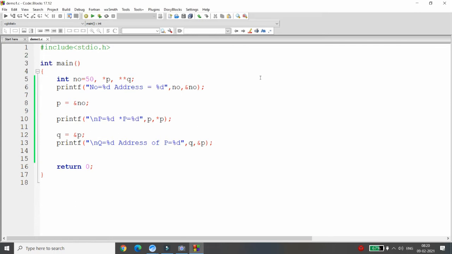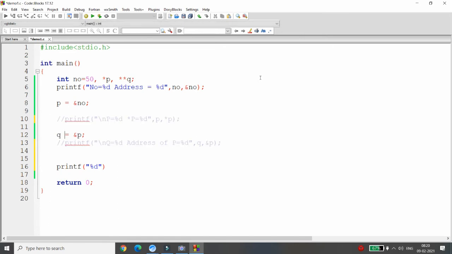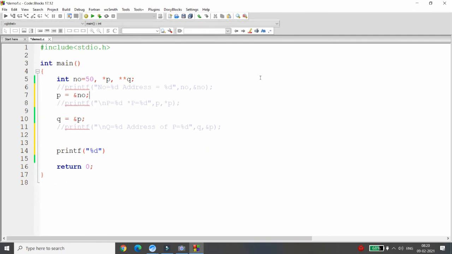Now, I want to access the value, right? If you want to access the value, let me put all these printf statements in comments so you all get the proper idea. I have written only two statements: the pointer having the address of the number, and Q having the address of the pointer.